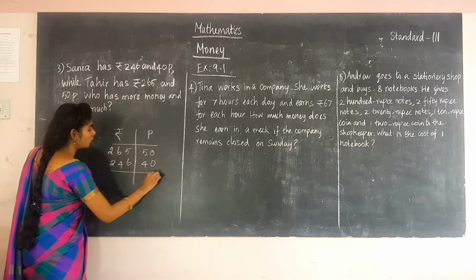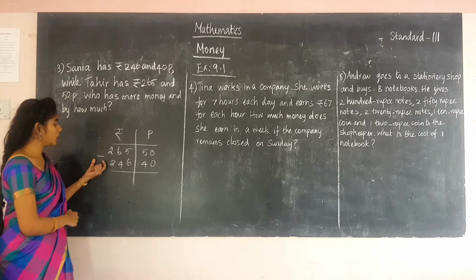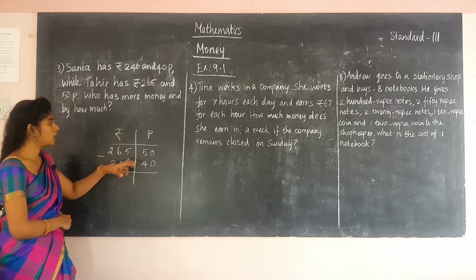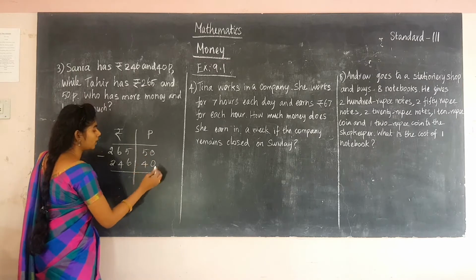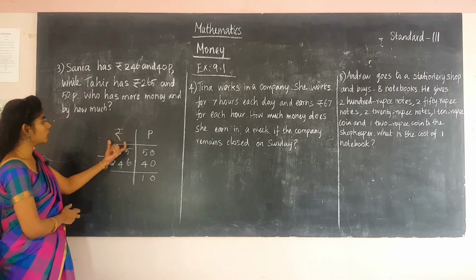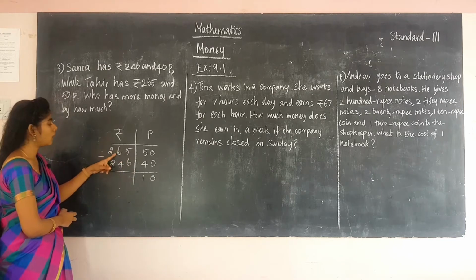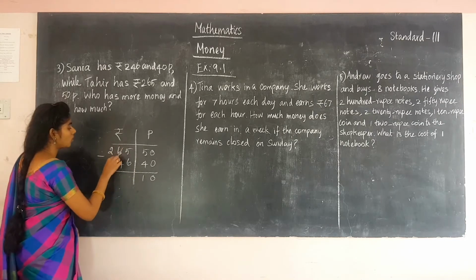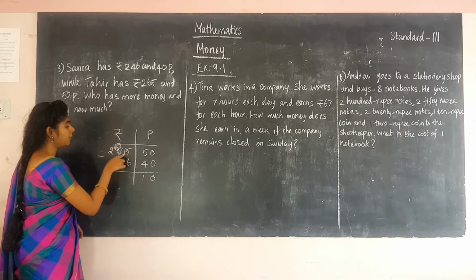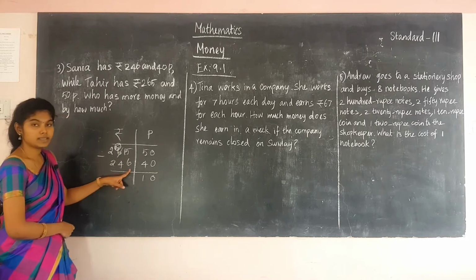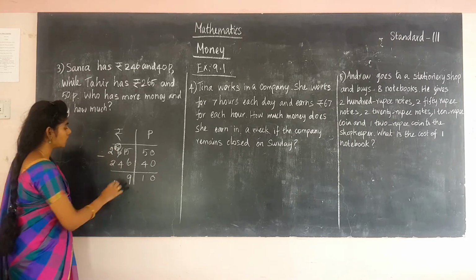So now we are going to first subtract in paise and then in rupees. While you are doing subtraction we have to give the sign of subtraction. In the paise we are going to subtract: 0 minus 0 is 0, 5 minus 4 is 1. Now we are going to subtract in the rupees part. 5 minus 6, this one is smaller, so we have to borrow from the place before. So 6 becomes 5 and we write 1 before that number. So 15 minus 6 is 9 and here 5 minus 4 is 1.